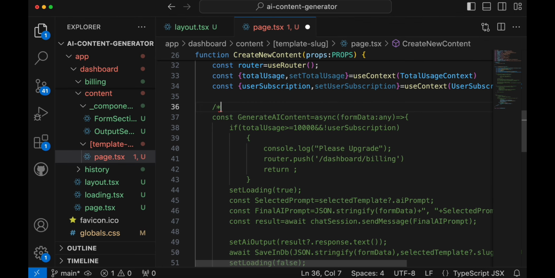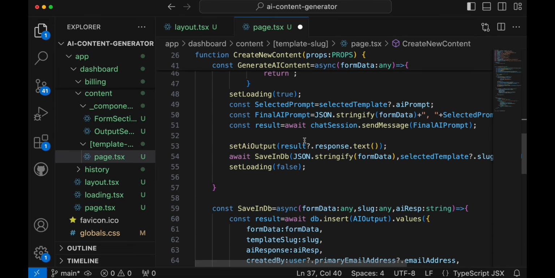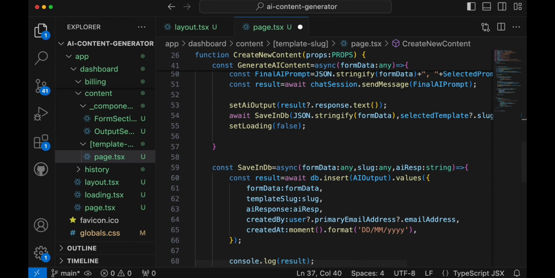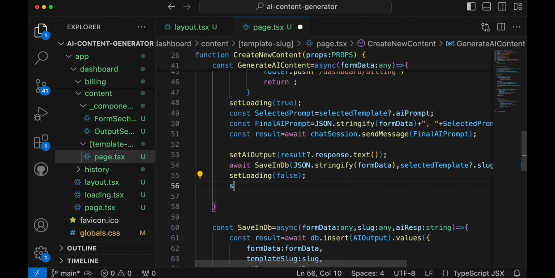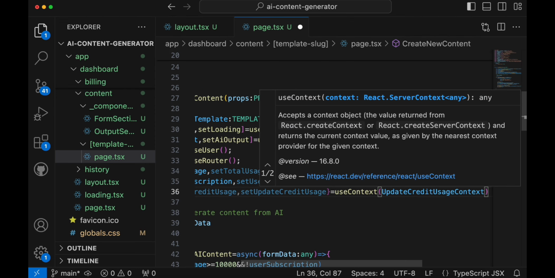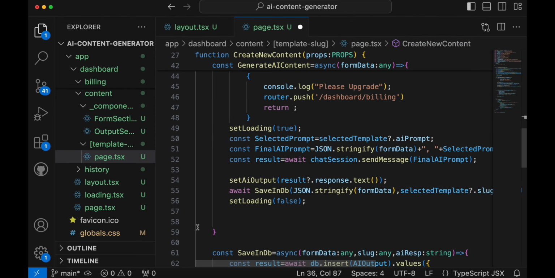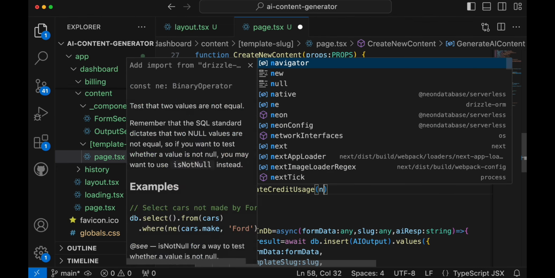Here I will just use this to generate content from AI, and inside here if you see, as soon as we generate it, right, we'll simply set the context over here. But before that, let's define our context. So here we'll say constant, this context is equal to useContext, and the context name, which is update credit usage context. And in order to update this value, we will simply use setUpdateCreditUsage, and here we'll add a